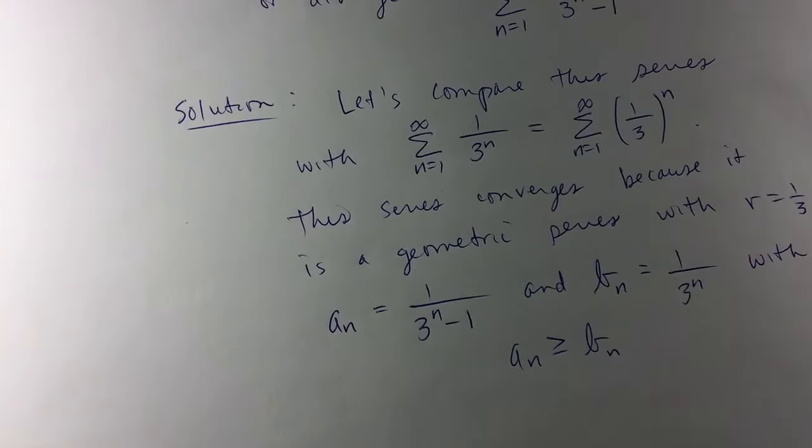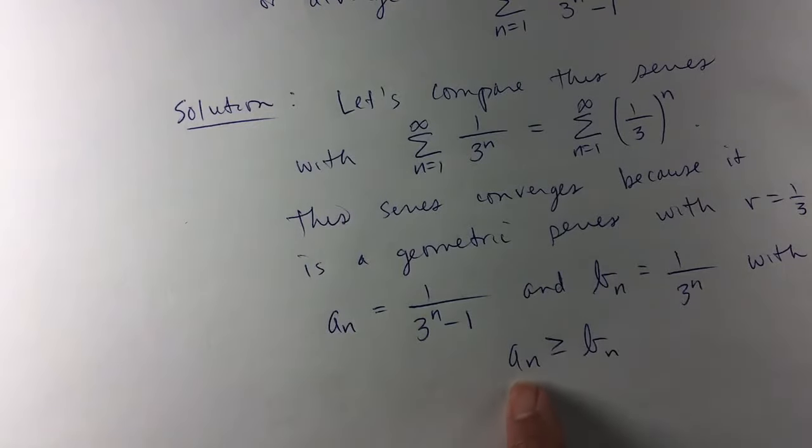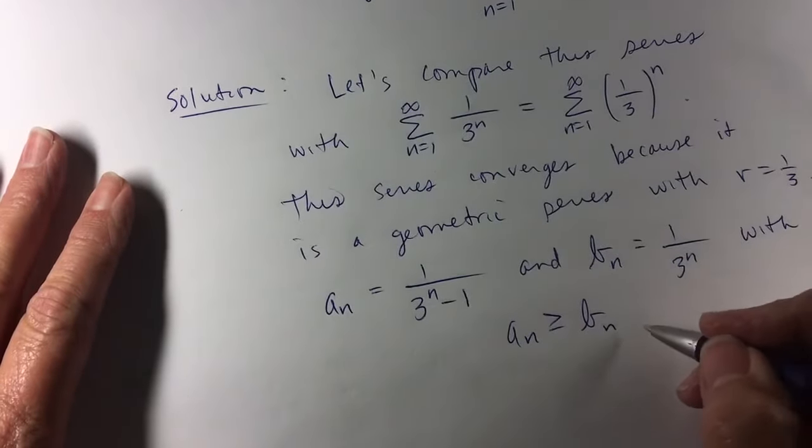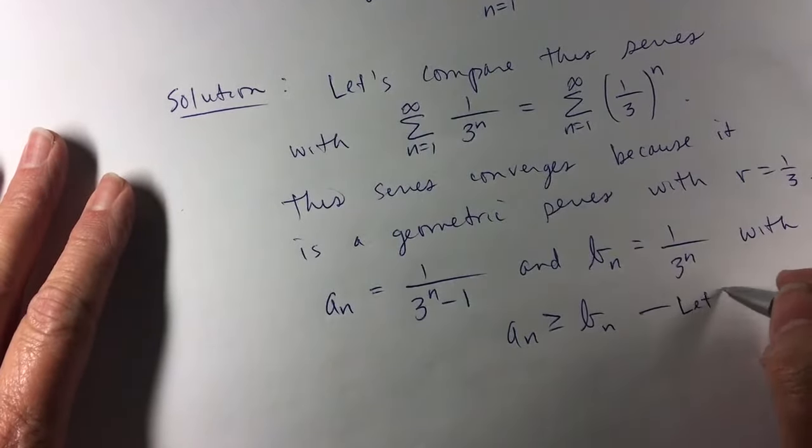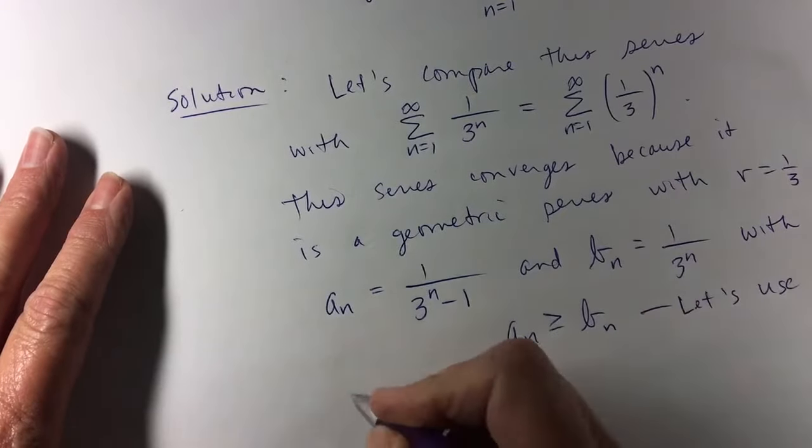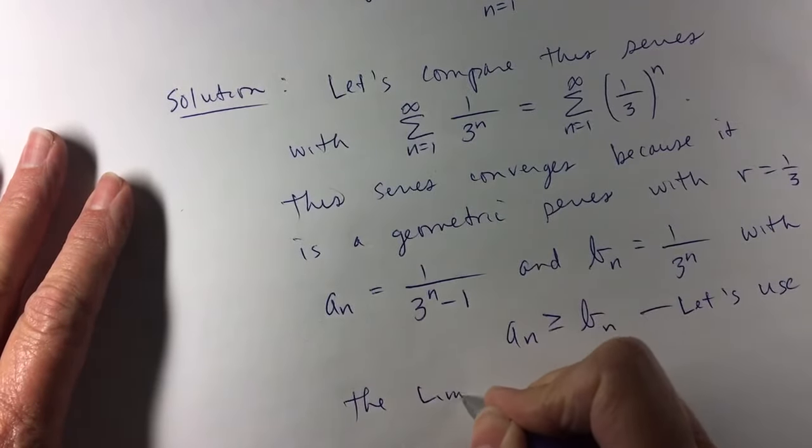So I know series B sub n converges. If the one I'm looking at, term for term, is bigger, I cannot use the first comparison test. But I can go with the limit comparison test. So I'll put, let's use the limit comparison test